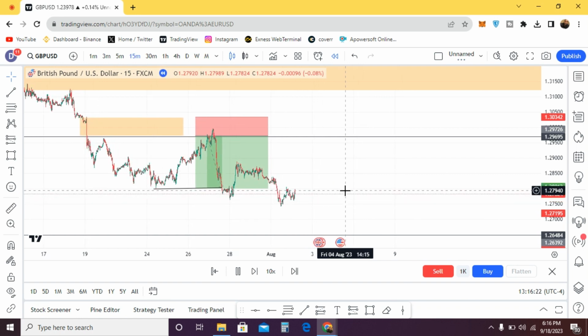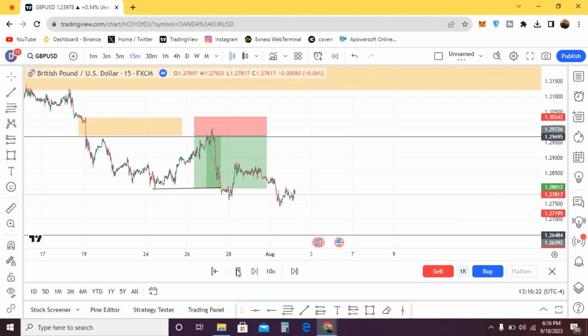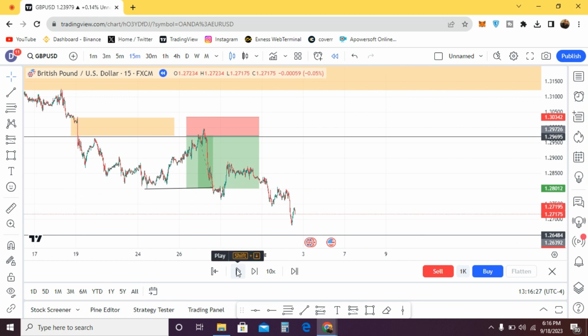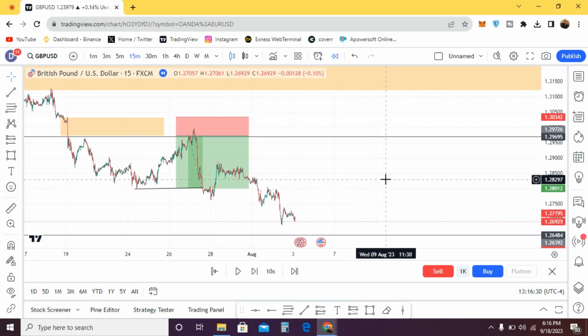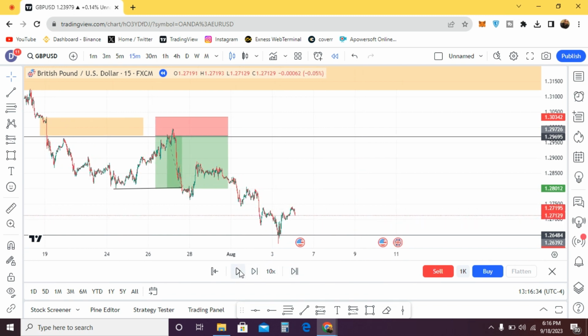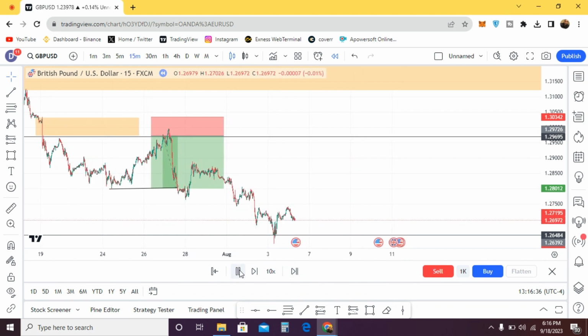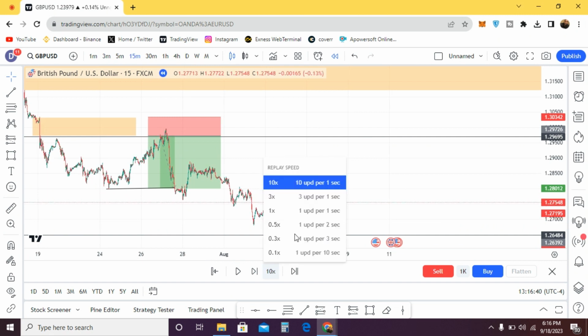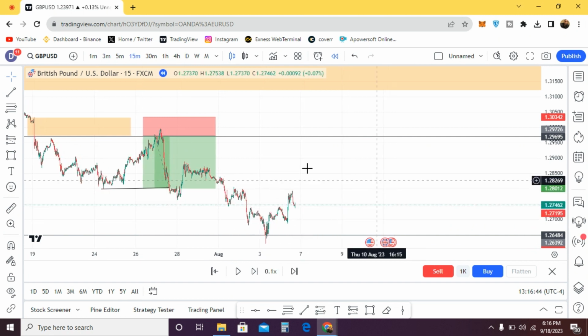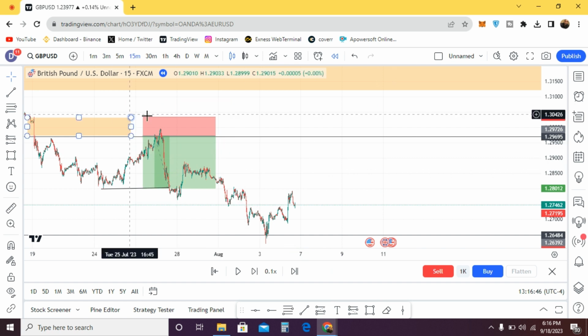So as you can see here, we have some pool of liquidity also forming in this market. Let's see how it plays out. Wow, let me pause this. Play. Wait, I'm seeing an entry point here. 0.01. Now look at what happened here. This was the